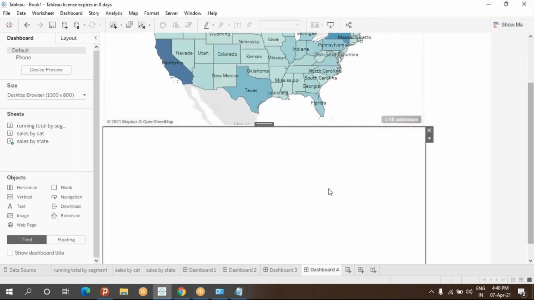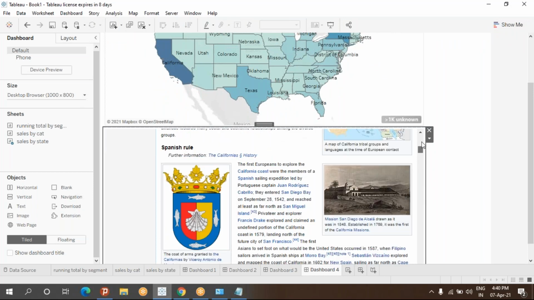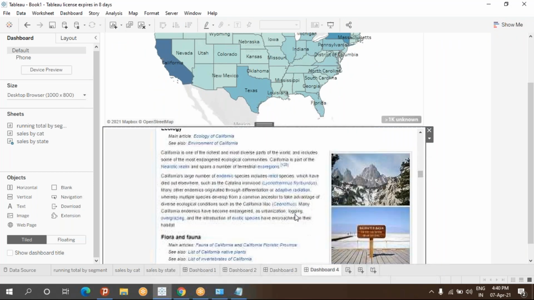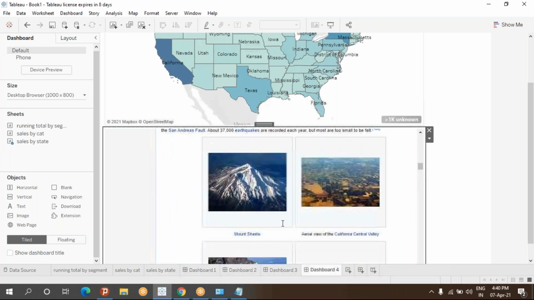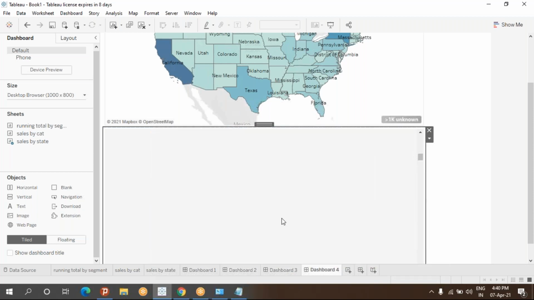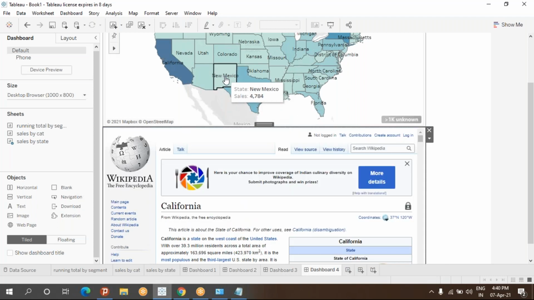Now can you see that California has been loaded here? Editing this one. Yes, sir. So now next is what? When I click on New Mexico, automatically I should get the Wikipedia page about New Mexico. If I click Texas, by clicking on that, I should get it automatically.